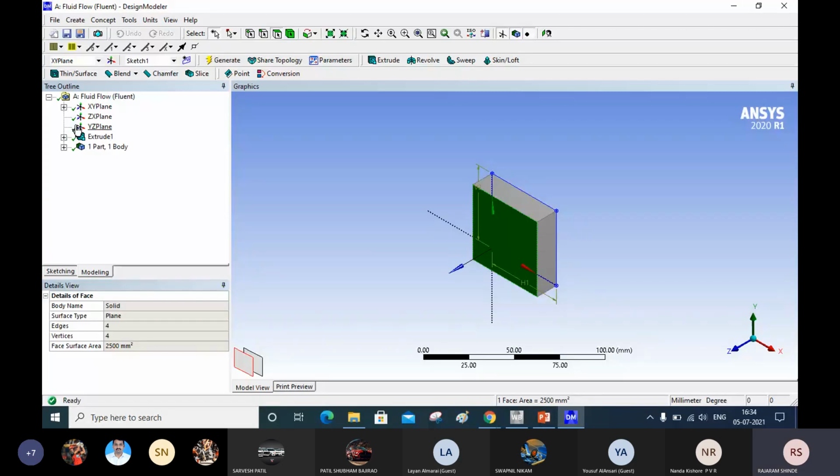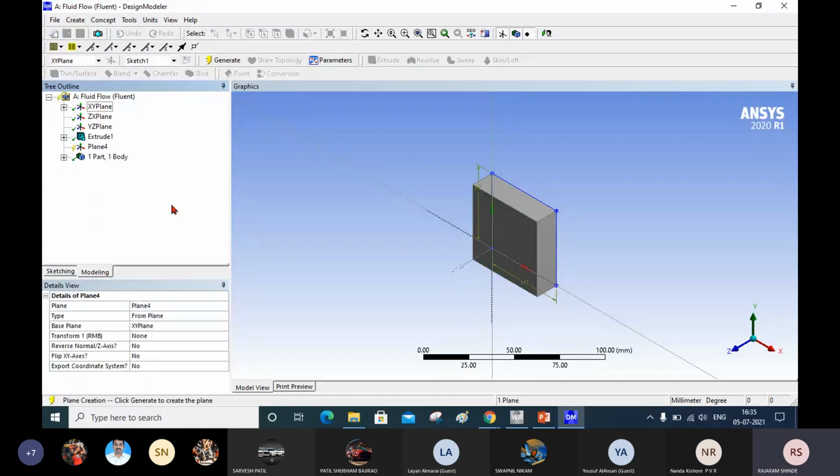For creating the new plane, you just go here, that is in XY plane location. Here by default there is xy plane. Here there are three planes xy, yz and zx, and in front of this option you have new plane creation option. Click on this. Now here you have added one plane. Now what is location of this plane? Now location of this plane, here it is a plane created from the base plane xy plane.